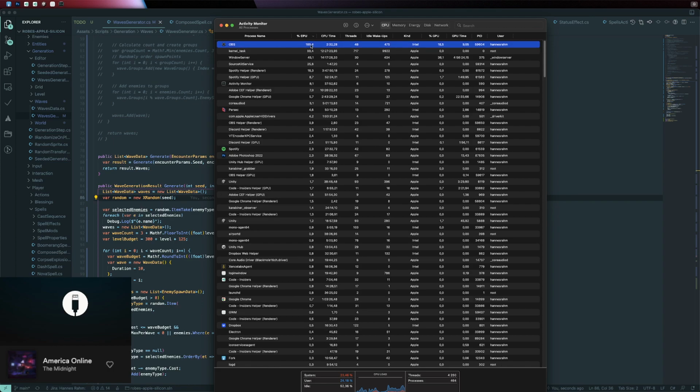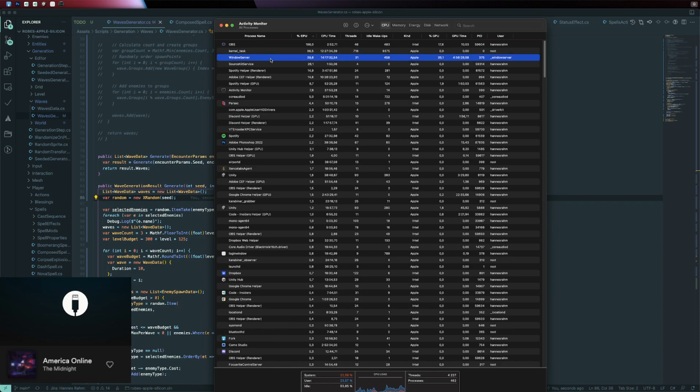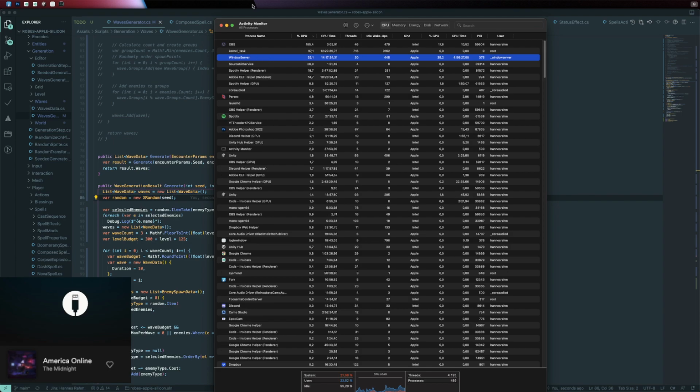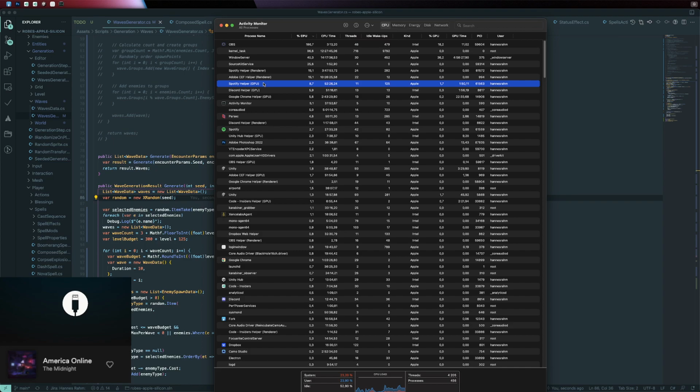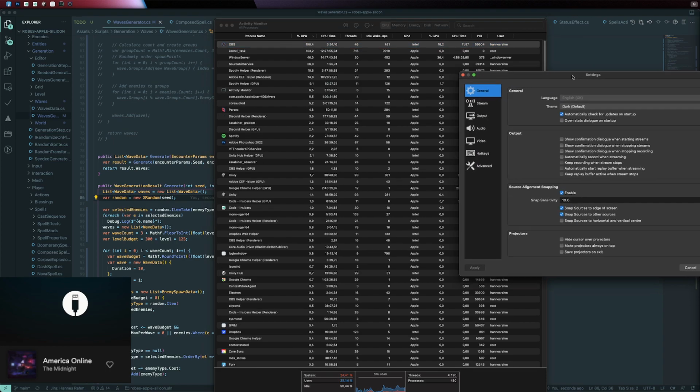OBS is absolutely crazy. I felt that the computer was a little bit slow. Like, this looks like 3 full cores. I'm not sure what the Windows server thing does. That potentially has to do with my window manager. But this is crazy. Why have I changed the settings so it's not using